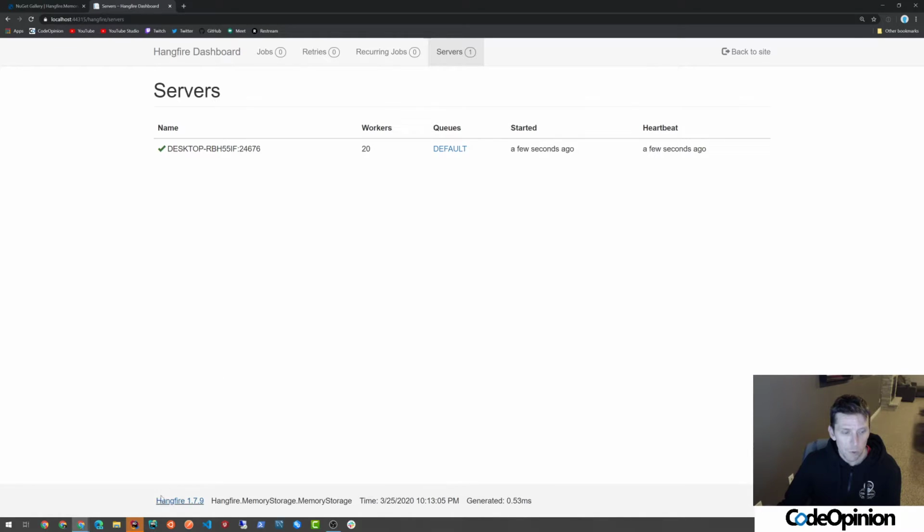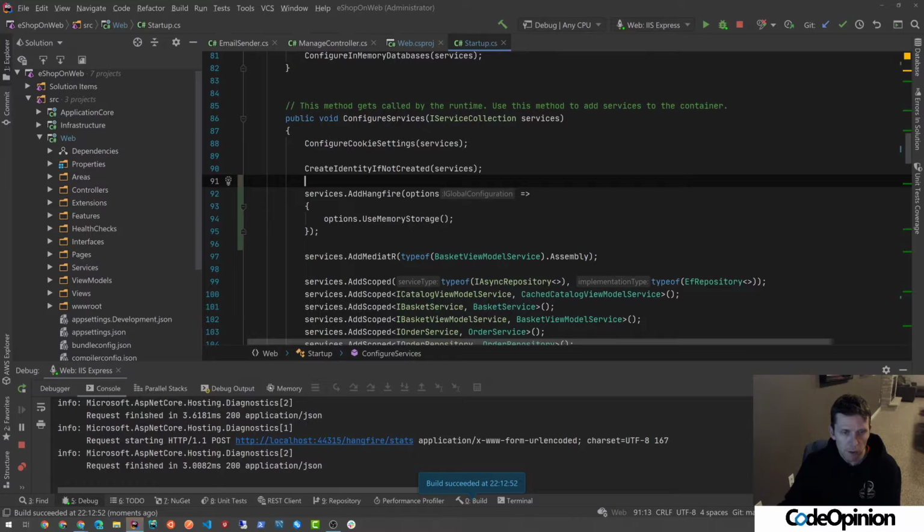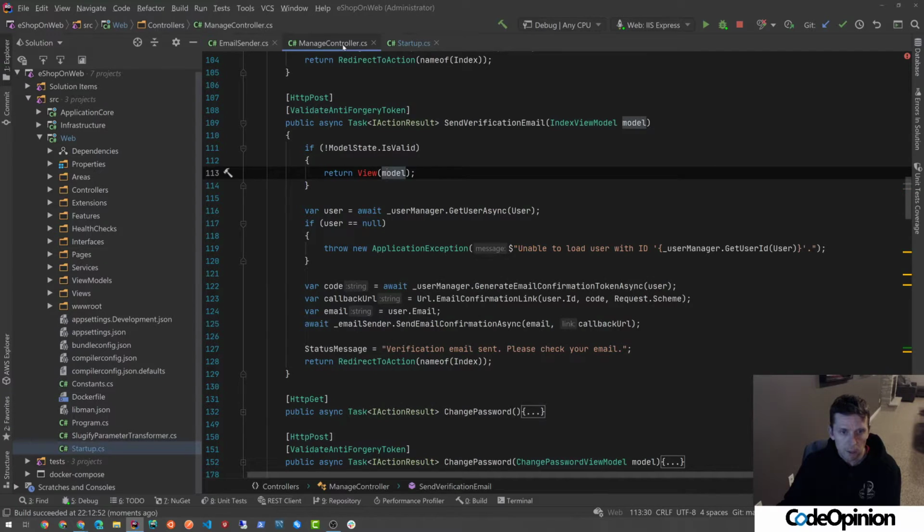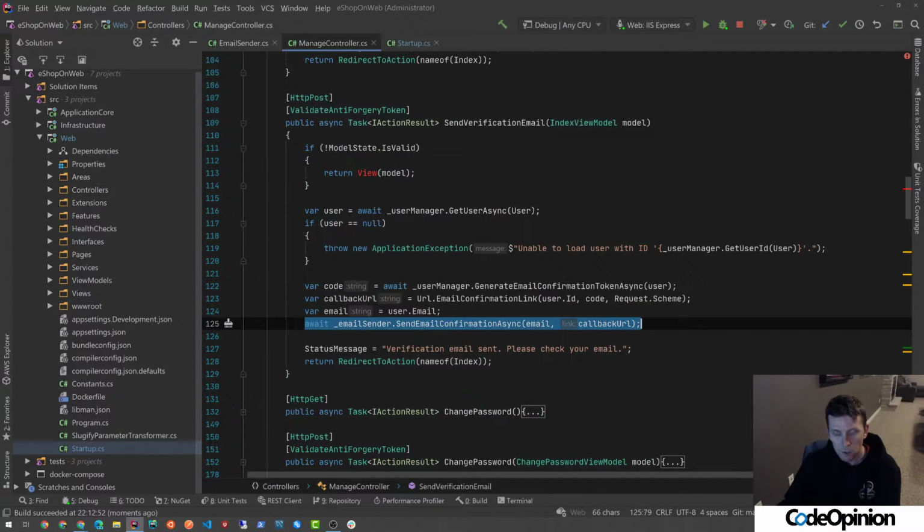So what I'll do is an example for those unfamiliar with Hangfire. The intent of this was for this email. So we want to get this particular call out of being synchronously in line in process of this request, so that we can make it a background job. And then if something were to fail, let's say that our SMTP server's down or the network's down, whatever the failure is, Hangfire has by default,